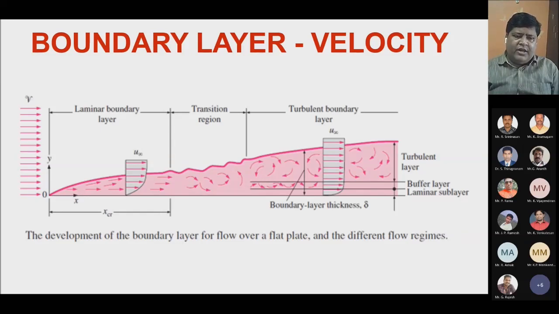So, laminar boundary layer again. This is the boundary layer. You can see that pink line which has been drawn, and that is the layer that forms over the surface when any fluid flows. Suppose we have a car and we drive it. When we drive a car, we have the drag force. The relative velocity fluid moving in the opposite direction forms a boundary layer over the car surface.